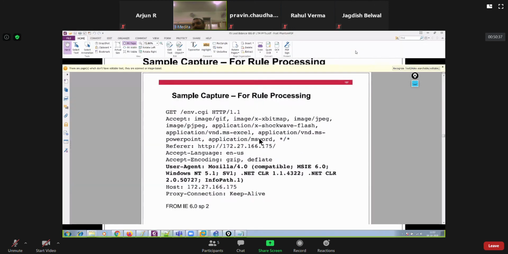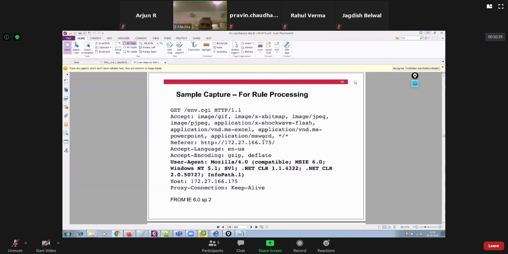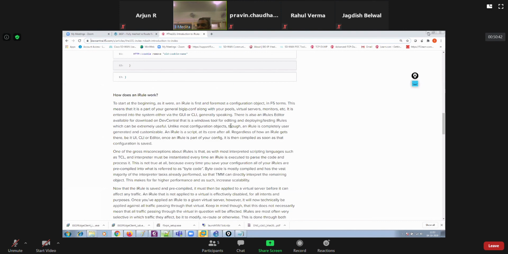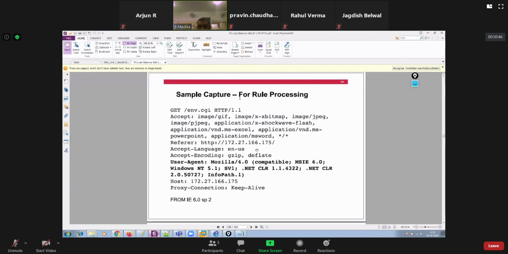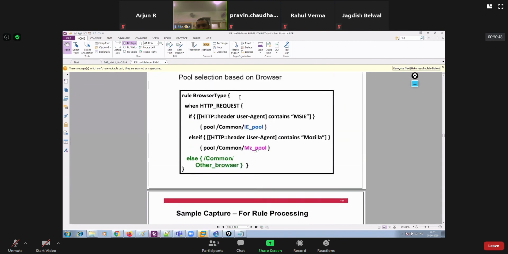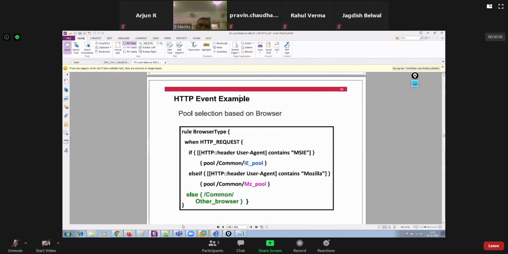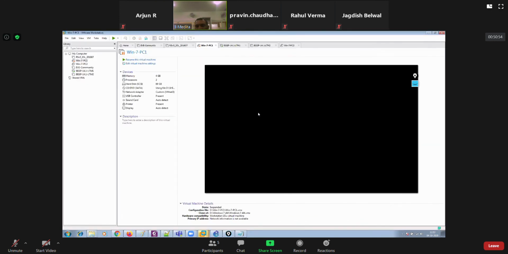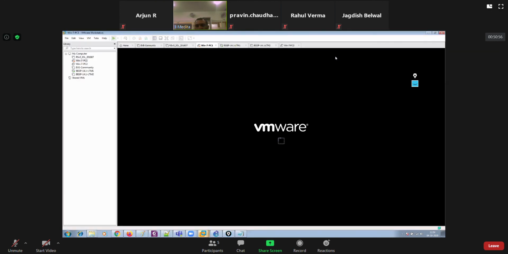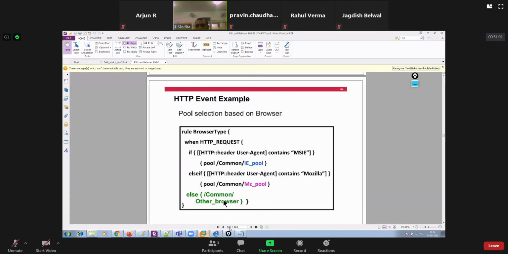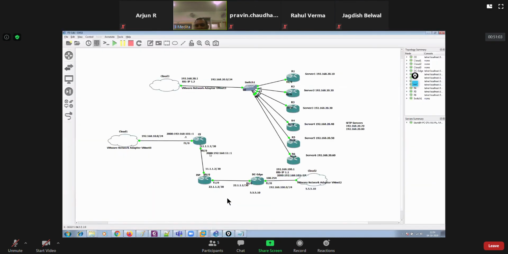Now let me apply some basic iRules in front of you, right guys? So what I will do over here: I have a client IP, and the client is coming with a public IP address post NAT, which is 11.1.1.1, right guys?